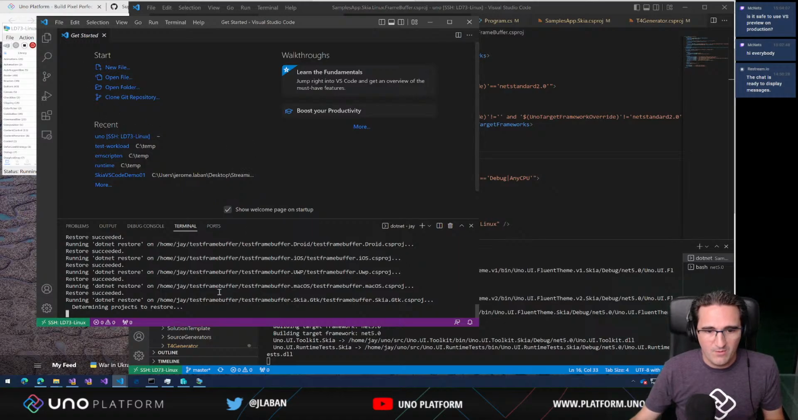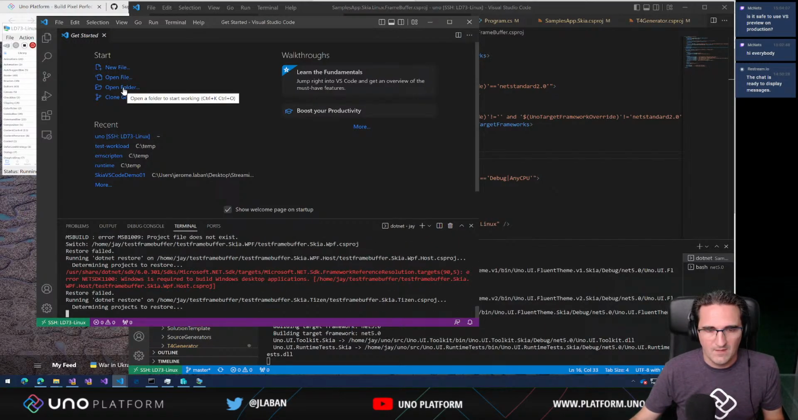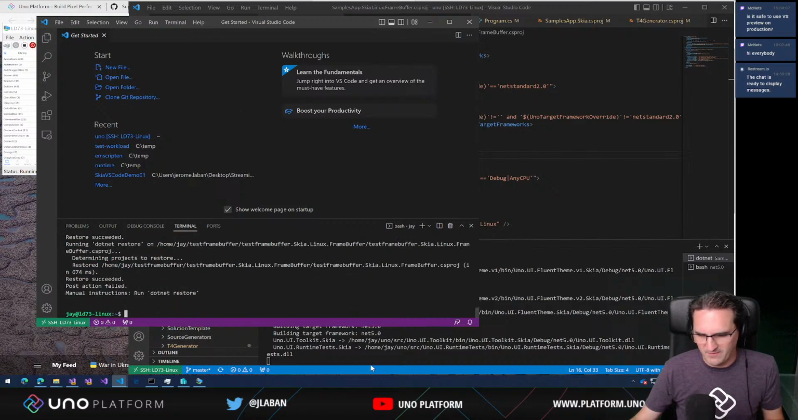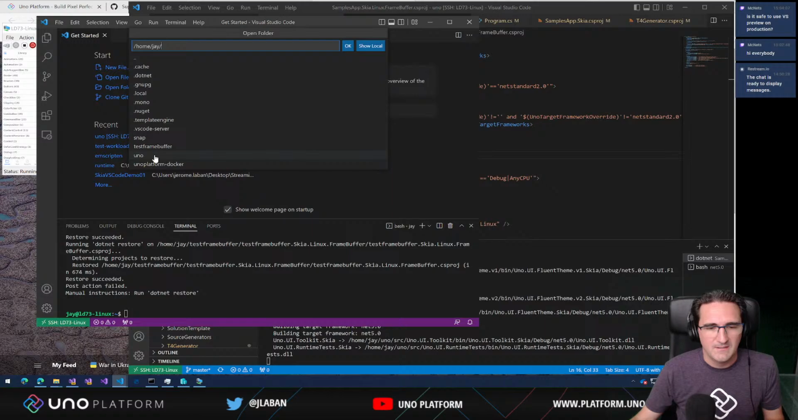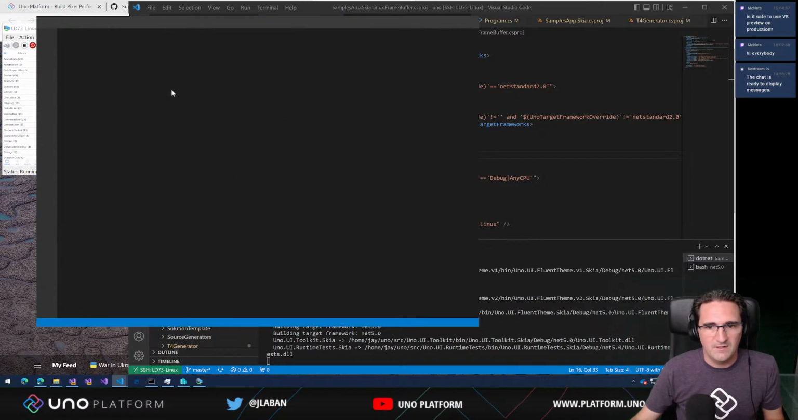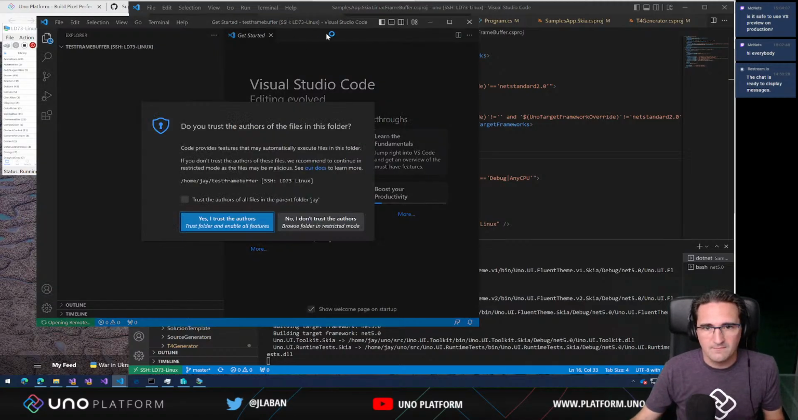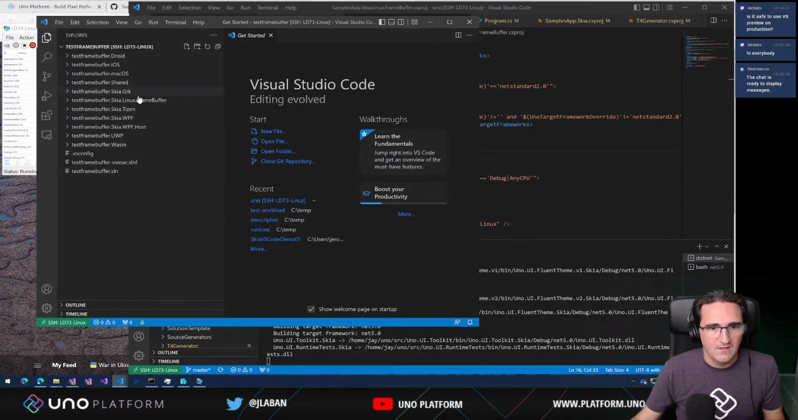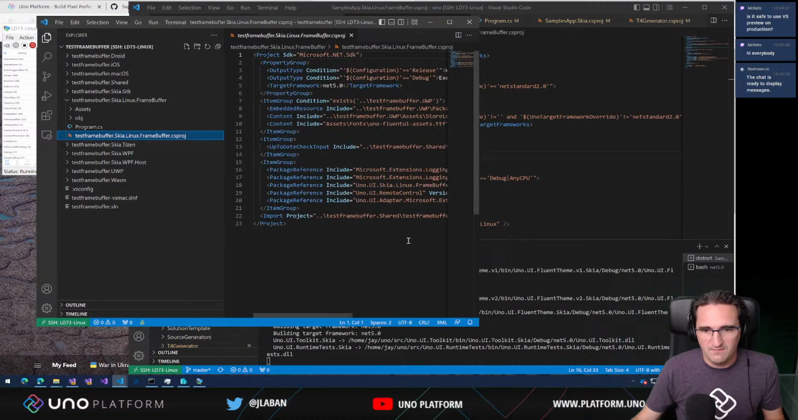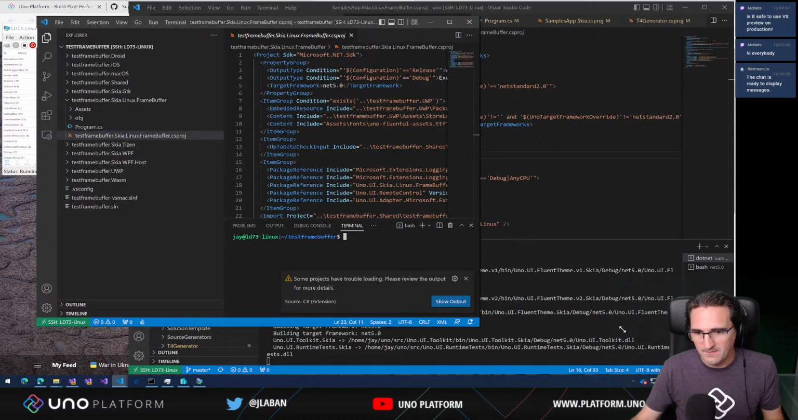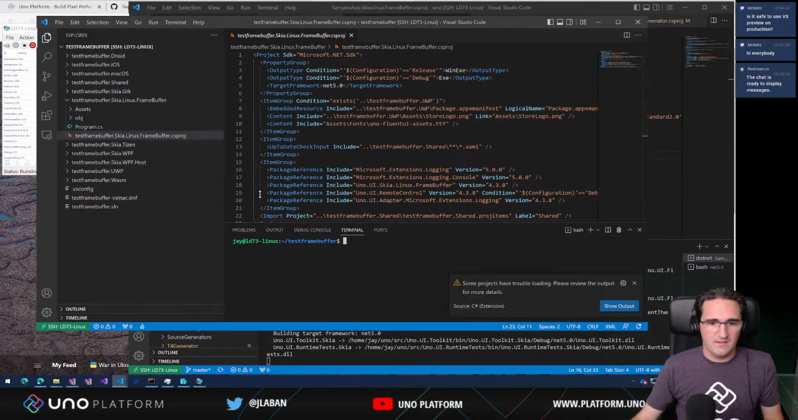Okay, and then we're going to open that specific folder. We're going to build for this one specifically because the other full solution is taking a bit more time to build. So test frame buffer, and so for our frame buffer here, we're going to do the same thing as we did before,